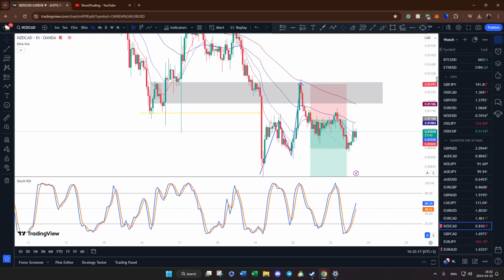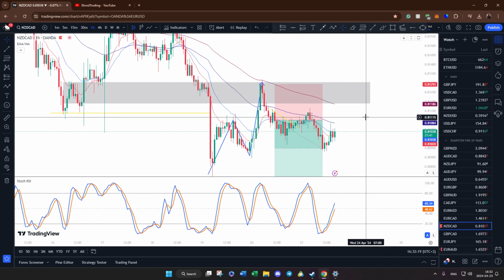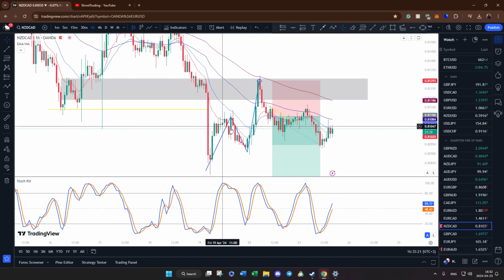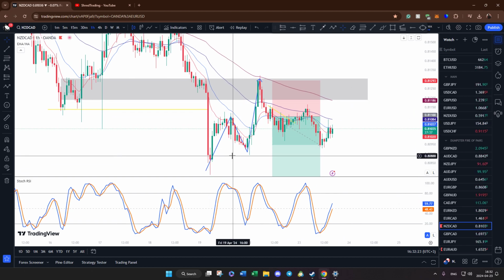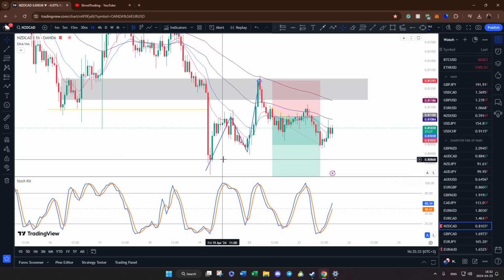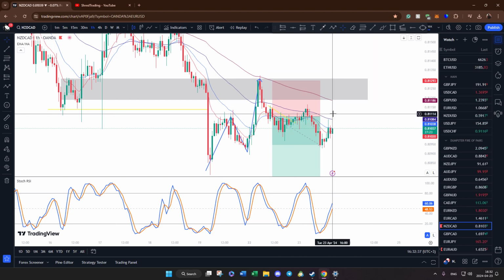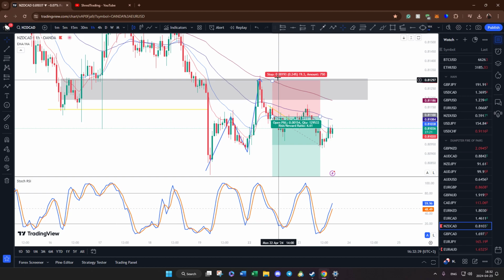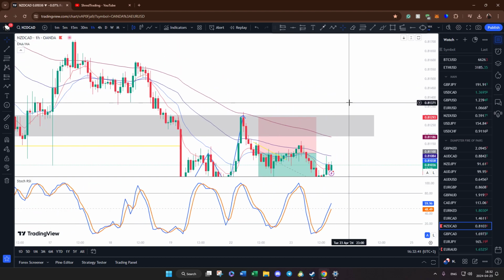As you can see, even right now, it's just consolidating. It's not doing anything. So usually when you see this type of move, that means, and you can see on stochastic RSI it also says that it was kind of oversold, which then set up, maybe this isn't a very good position after all. But this still has the ability to go down, absolutely, especially now that we have on 1 hour